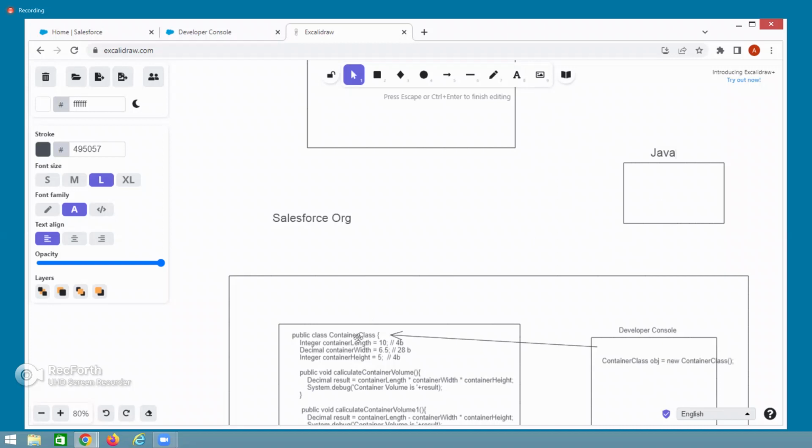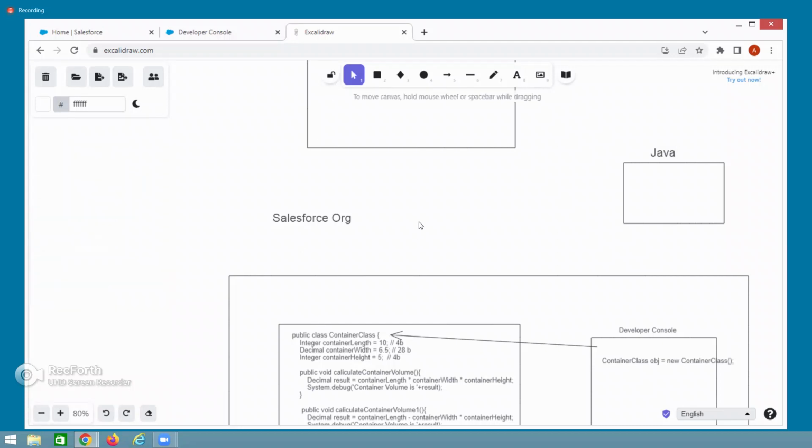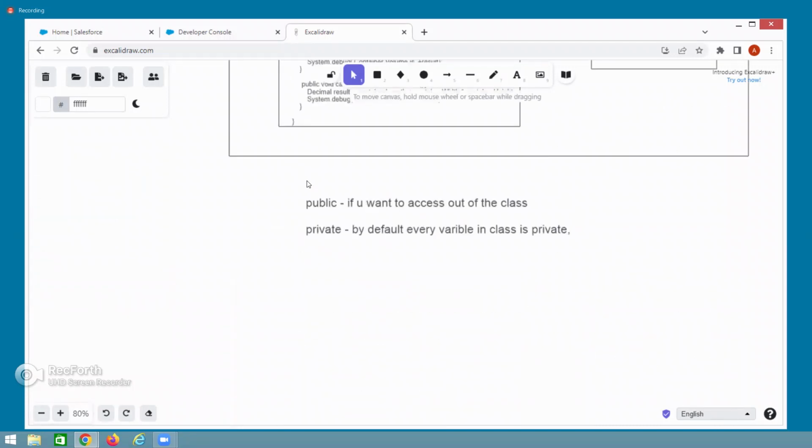In that case, integer. See, first of all, these people come to our class, access our class first. If those people access our class out of the Salesforce, Java is not in the Salesforce. Java is a separate system. Those people require our class. That means those people access our class out of the Salesforce. Out of the Salesforce, those people need to display our data. Understand? In that case, we are using